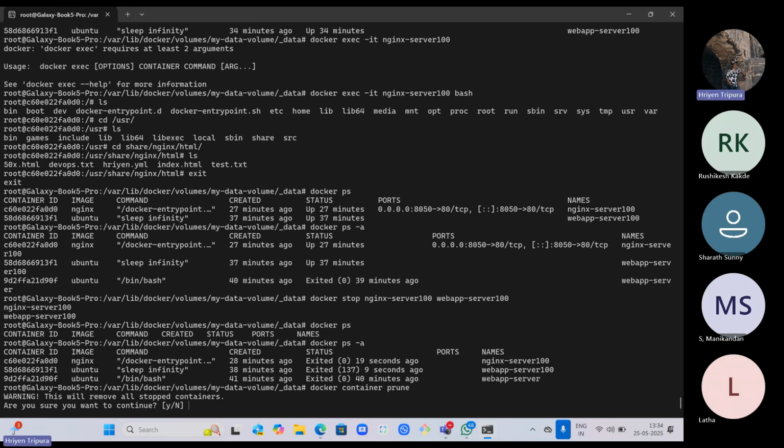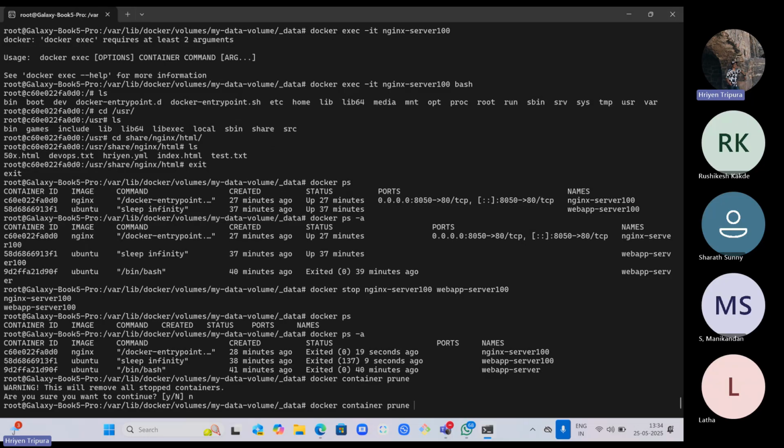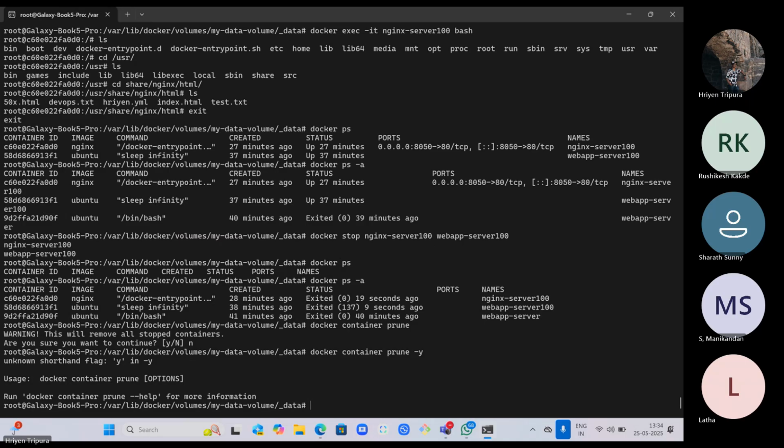What is this asking? The warning says this will remove all stopped containers, as I told you, because I have explicitly defined to delete all the stopped containers. So if I say yes, I can do it. In my case I want to mention no. But if you want to do it without this yes or no prompt, I can directly use -y, right? So that it will automatically delete without any warning,